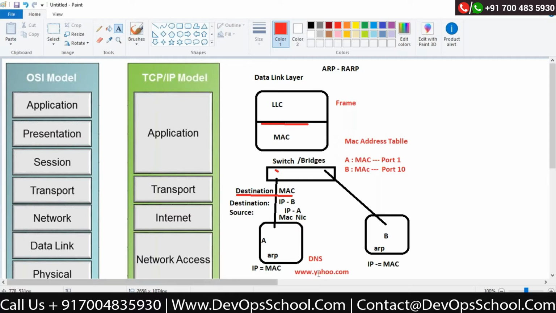Now, do I need to find out the destination MAC address of yahoo.com? Is it possible? I said MAC address. The IP address is fine, no problem at all.